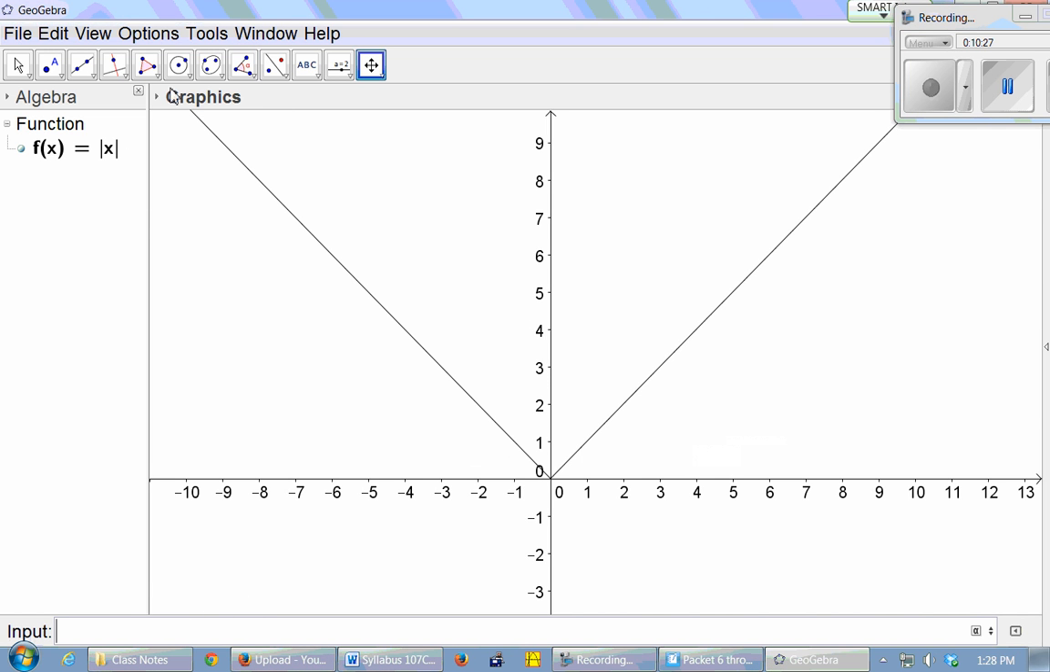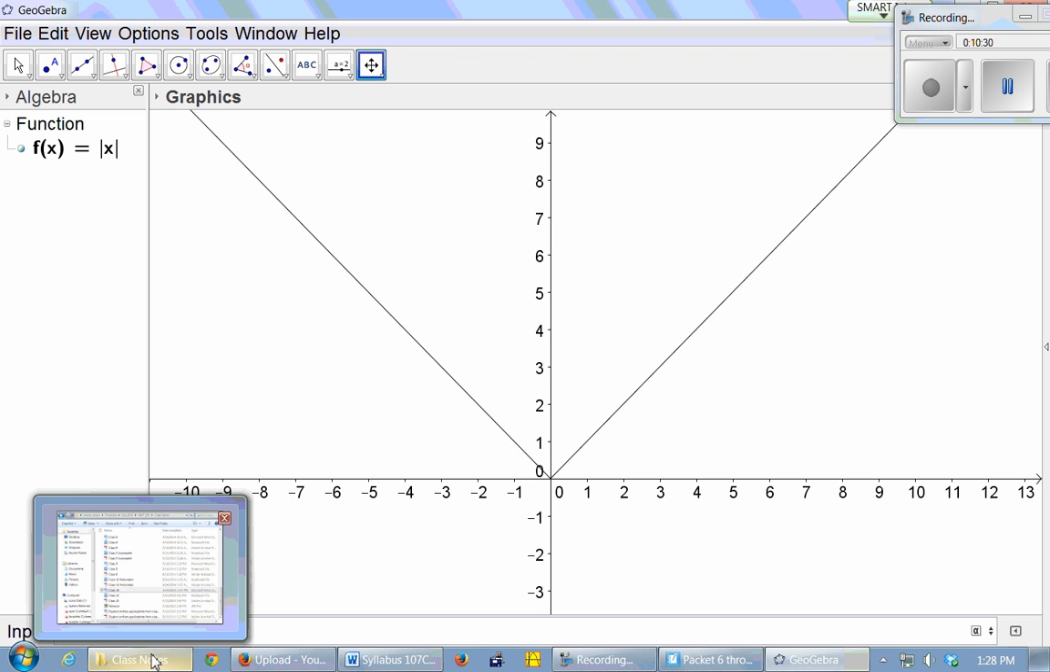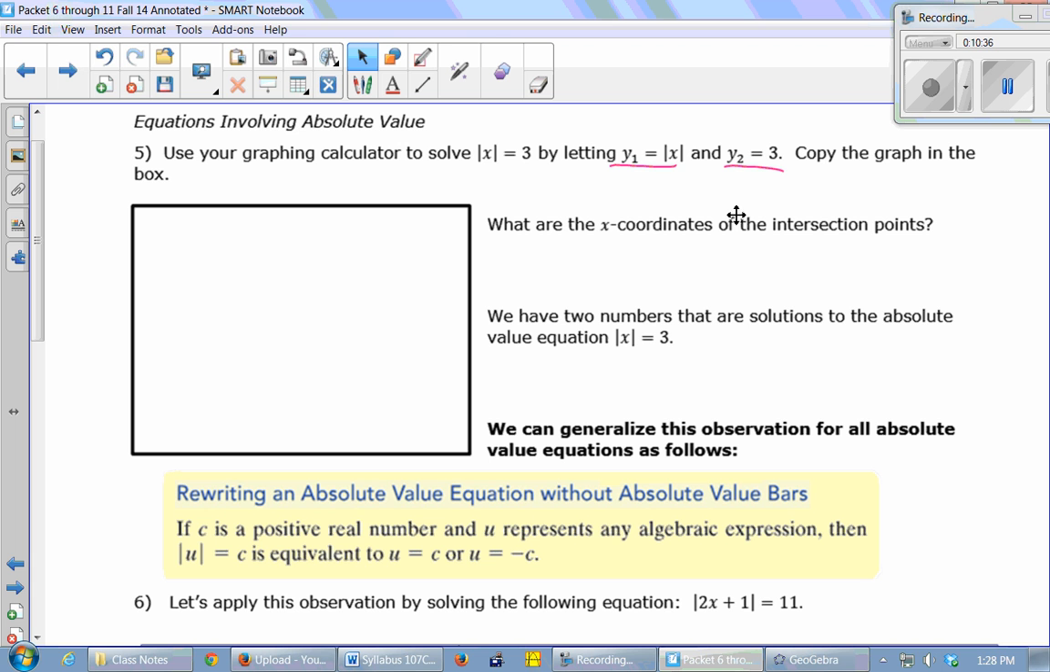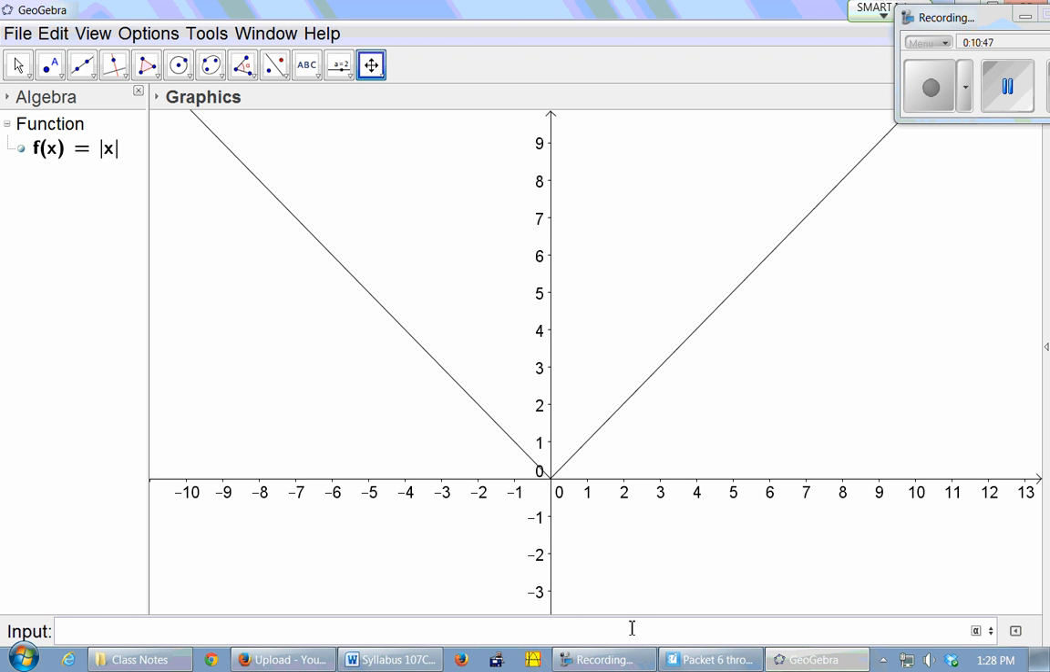Okay, so I graphed the absolute value of x by typing ABS parentheses x. And then the other side of my equation is going to be 3, right? Because I'm trying to solve when does the absolute value of x equal 3. So I'm graphing absolute value of x, and then I got to graph 3 as well. So I'm going to graph y equals 3. And then what is the solution to the equation? How does this graph help me answer the question? The intersection, yeah. So I'm going to do intersect,